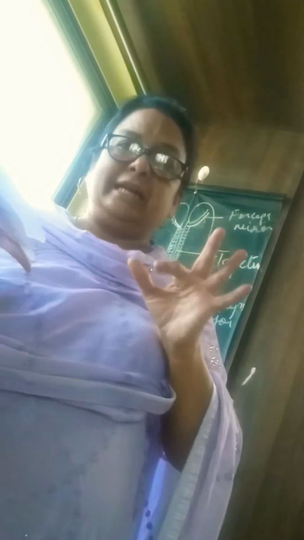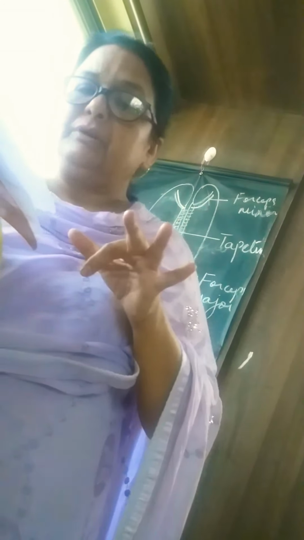The rostrum is directed downwards and backwards and it lies below the genu, and below down it continues as the lamina terminalis. Got it? Okay. Then you have the relations over here, isn't it? The relations of the rostrum. The rostrum superiorly is related to the anterior horn and inferiorly it is related to the longitudinal striatum.